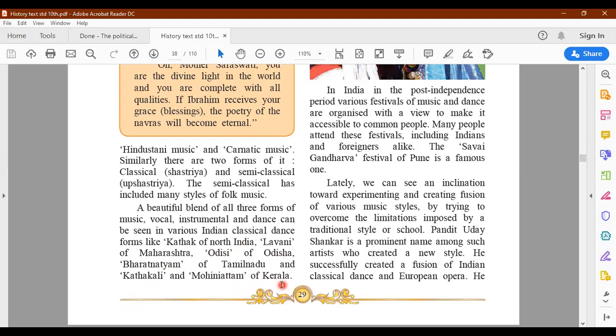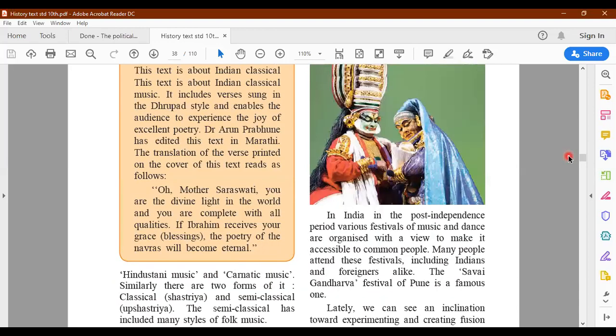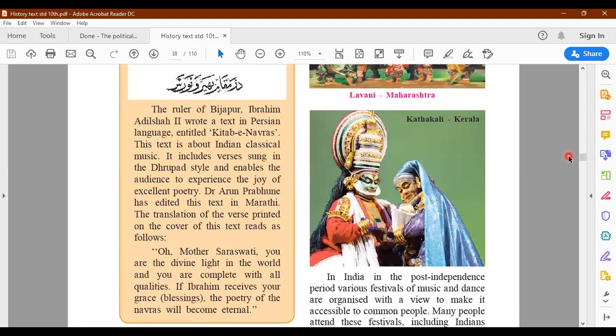Now, when you talk about music, again there is a very beautiful point mentioned here. The ruler of Bijapur, Ibrahim Adil Shah II, wrote a text in Persian language entitled Kitab e Navras. This text is about Indian classical music.